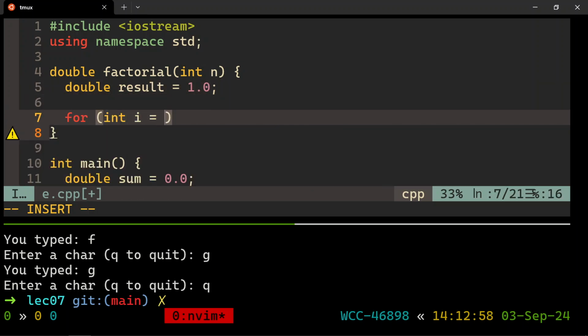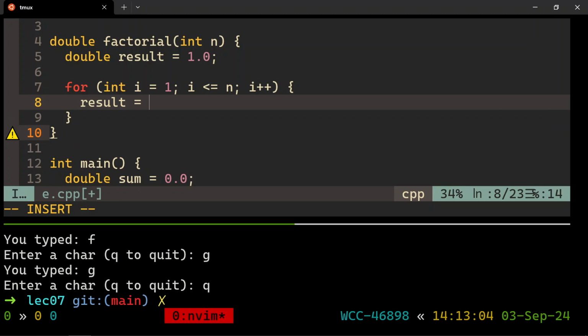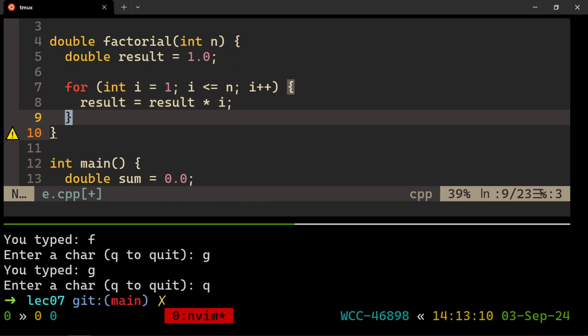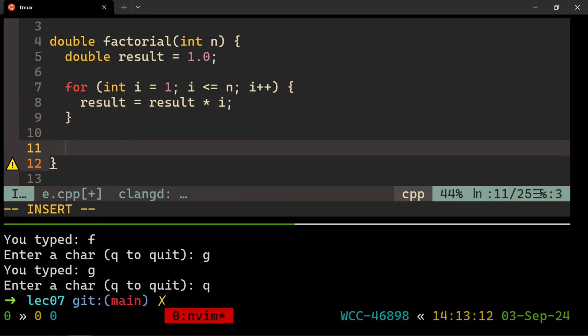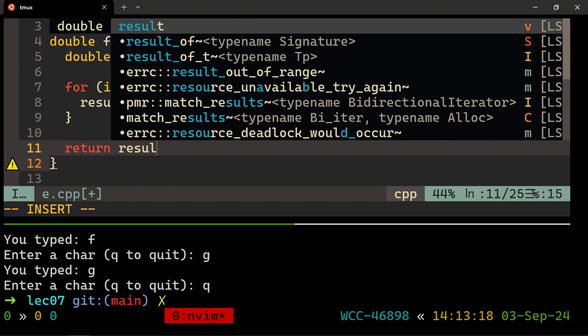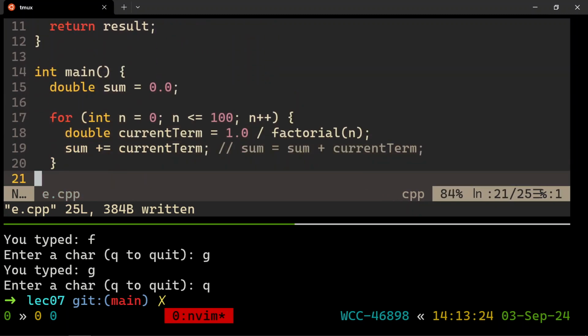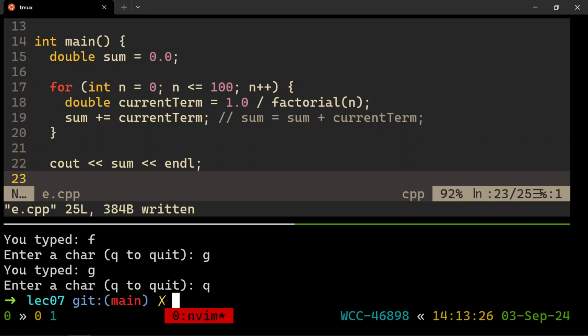So for int i equals 1, i is less than or equal to n, i plus plus. For all those values, multiply those into result. Result equals result times i. So by the time this loop is done, result will have all the numbers that make the factorial of n in them. If n is 5, 1 times 2 times 3 times 4 times 5 just keeps getting multiplied into result. I'm going to give back that as my answer. Return result to whoever called me. So that's a function. I will teach you how to make those eventually, but we just needed that right now. Cool. Let's use it.